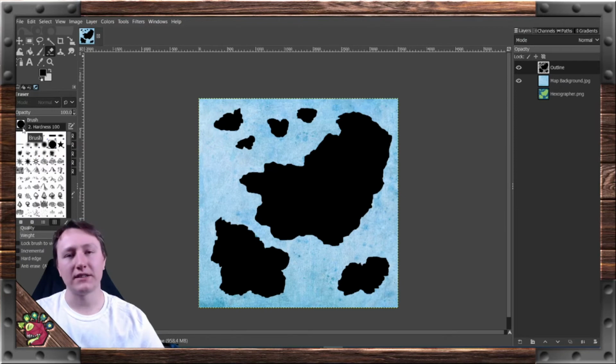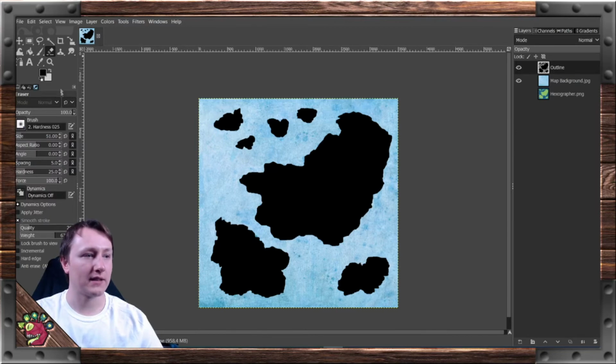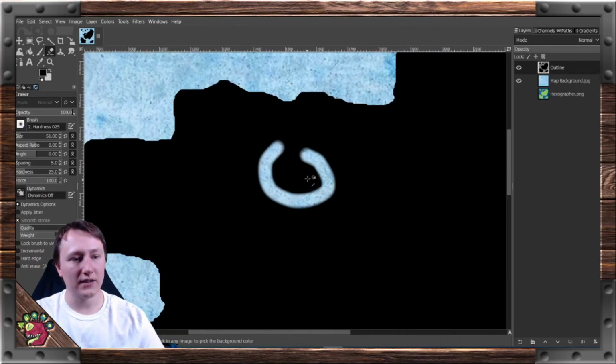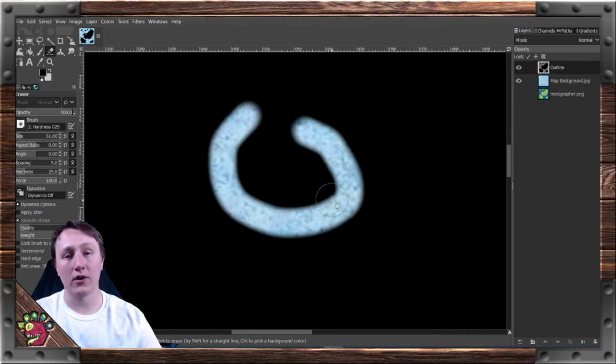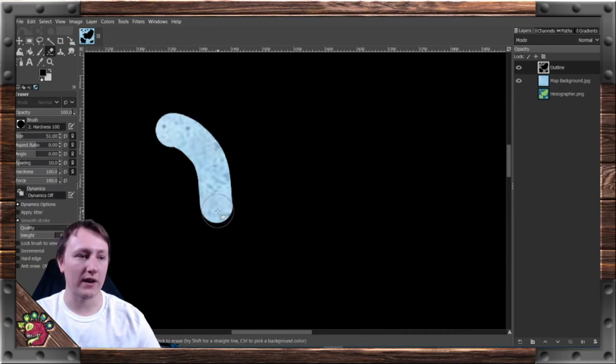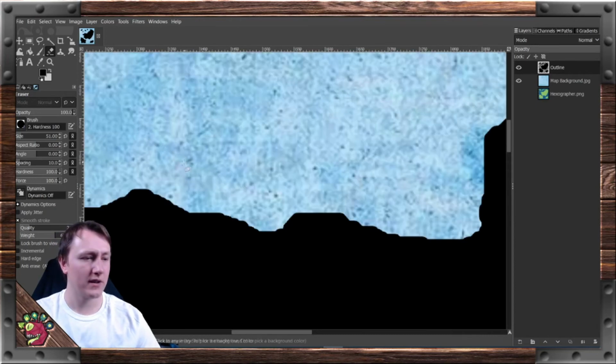So when you're erasing the edging of a landmass, you need to make sure it is set to hardness 100. You don't want it to be feathered or anything like that, or you can also use the pencil tool. But if you have the hardness set to anything under 100, it's going to create this feathered look, which does smooth out the borders. However, later on in the tutorials, this will cause a problem. So creating this at the 100 level hardness is going to be the way to go. So just make sure when you are erasing, you set it to 100. And then we'll start slowly